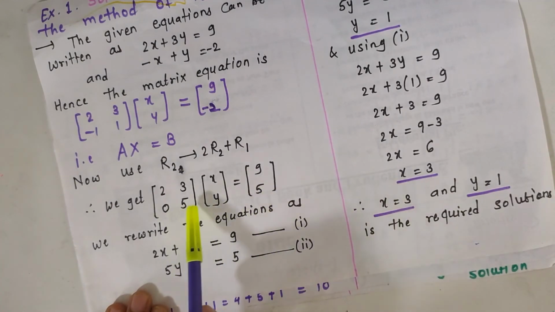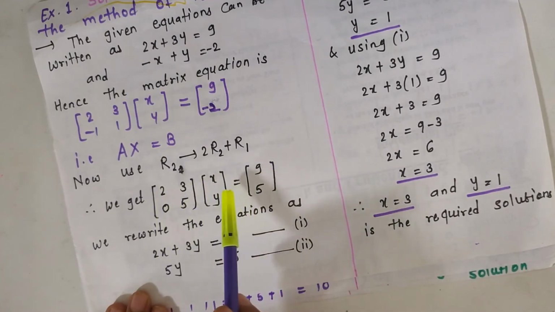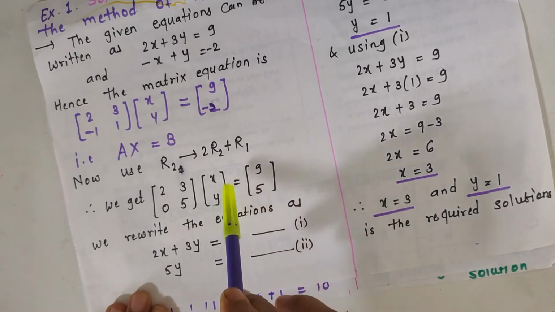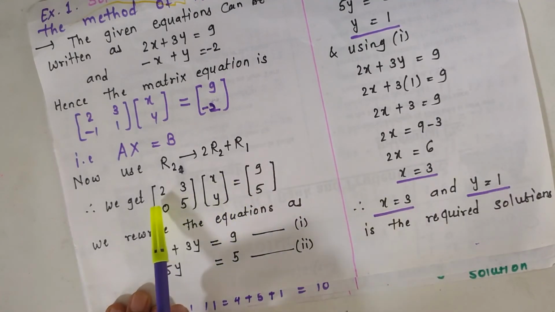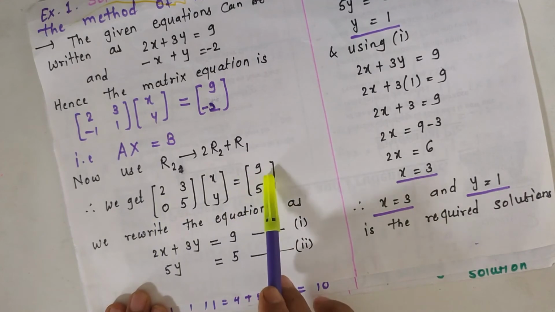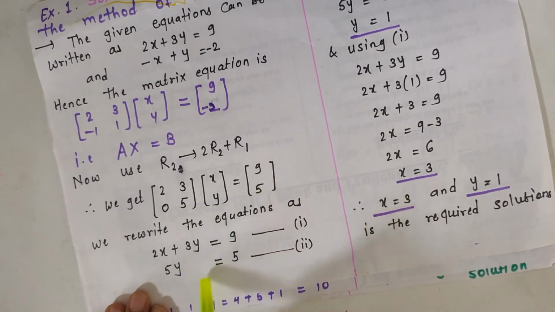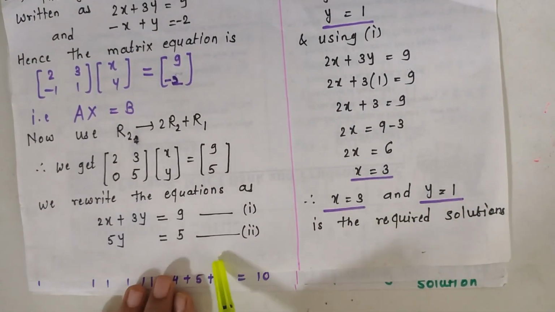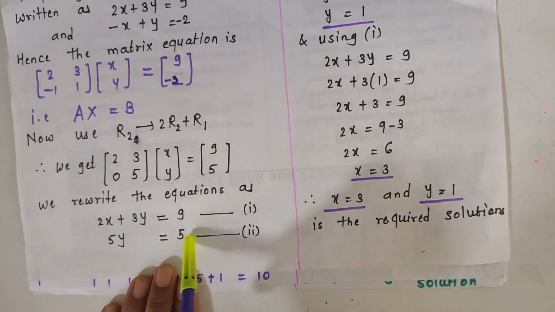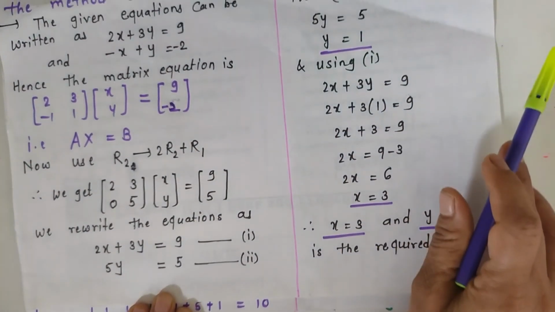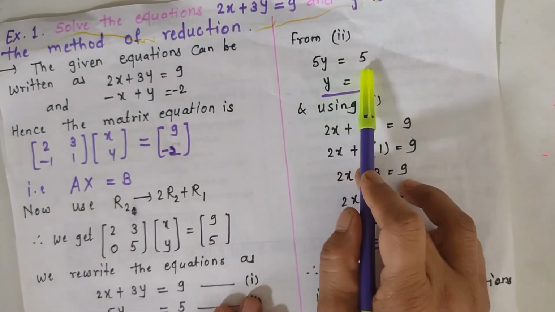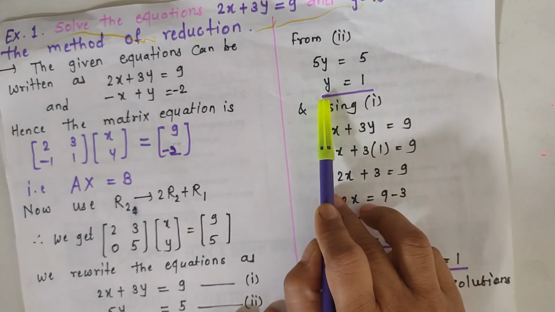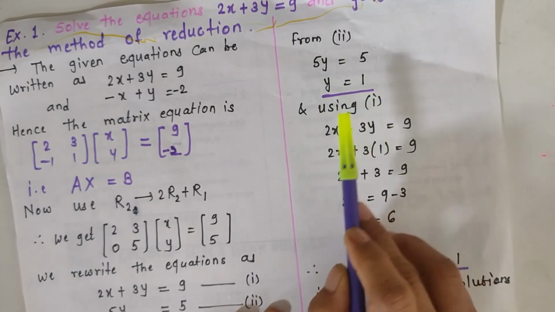By converting the upper triangular matrix, we get the equations 2x plus 3y is equal to 9 and 5y is equal to 5. By solving these two equations, we get the values of x and y. From the second equation, 5y is equal to 5,